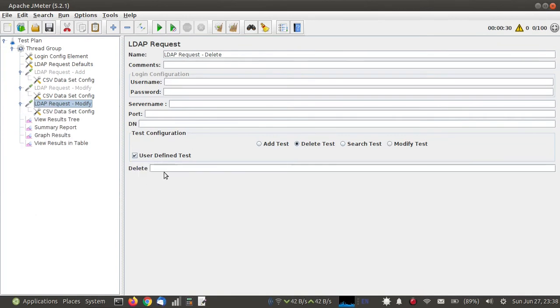Here in delete test I need to give the CN name, that is CN. It will take the value from CSV, and the OU organizational unit is users. So it will remove all the records.